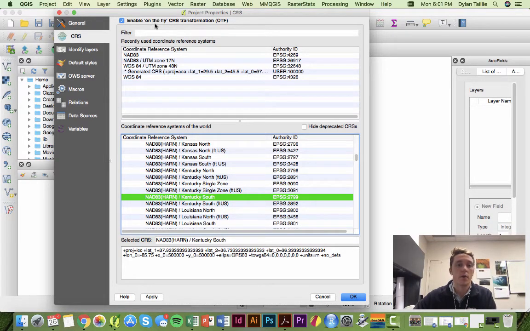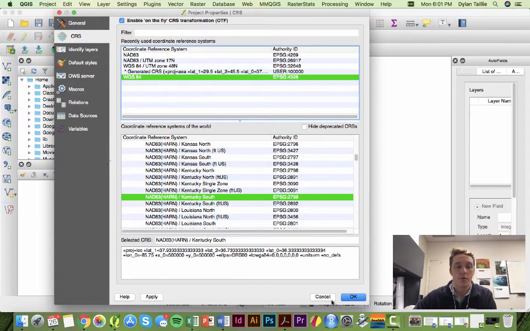If I have enable on the fly transformation checked, it's going to automatically lay those layers on top of each other so that you can see how they would look, instead of, if they're on different reference systems, they might not quite be lined up. So that can be really useful,